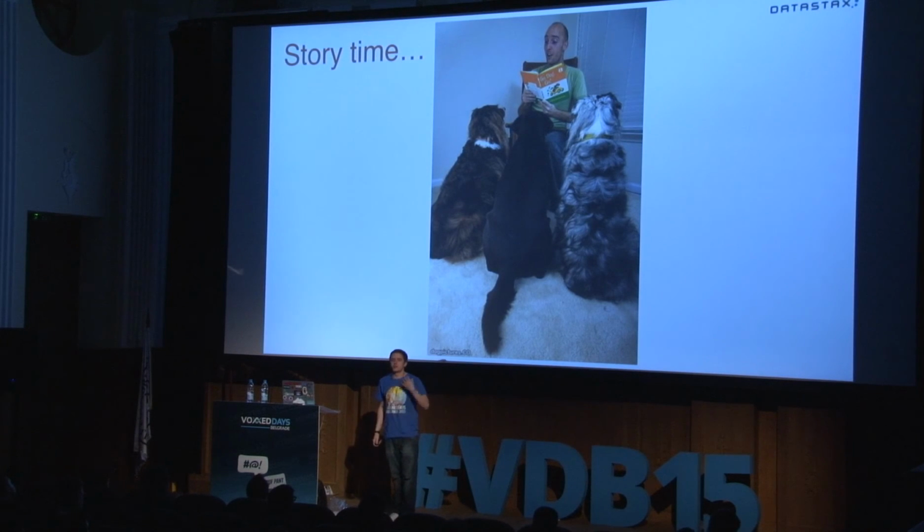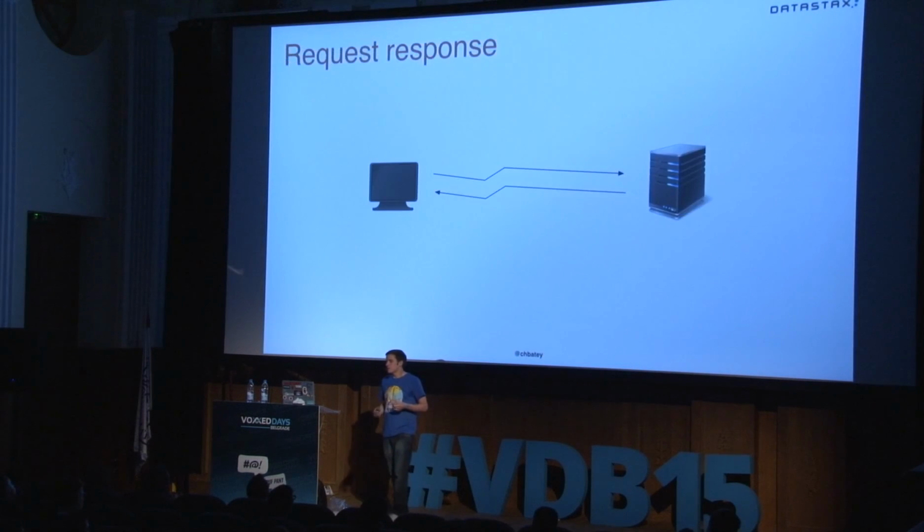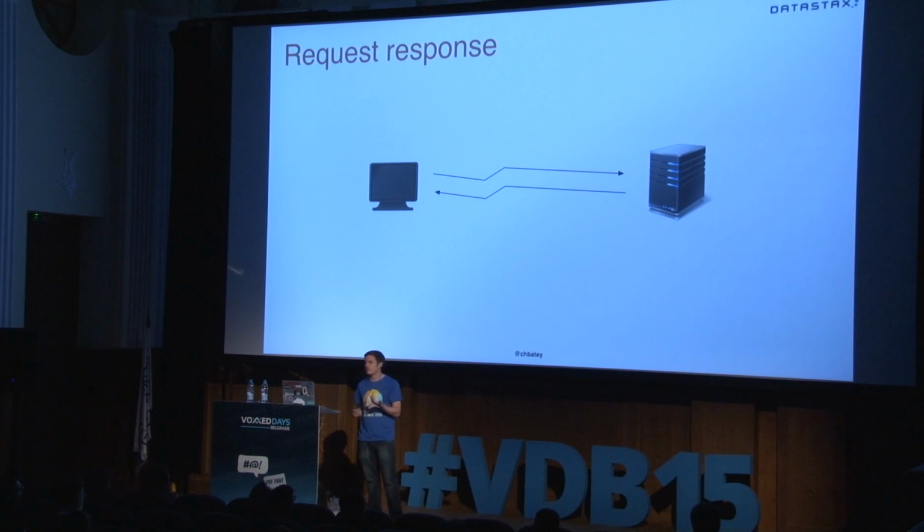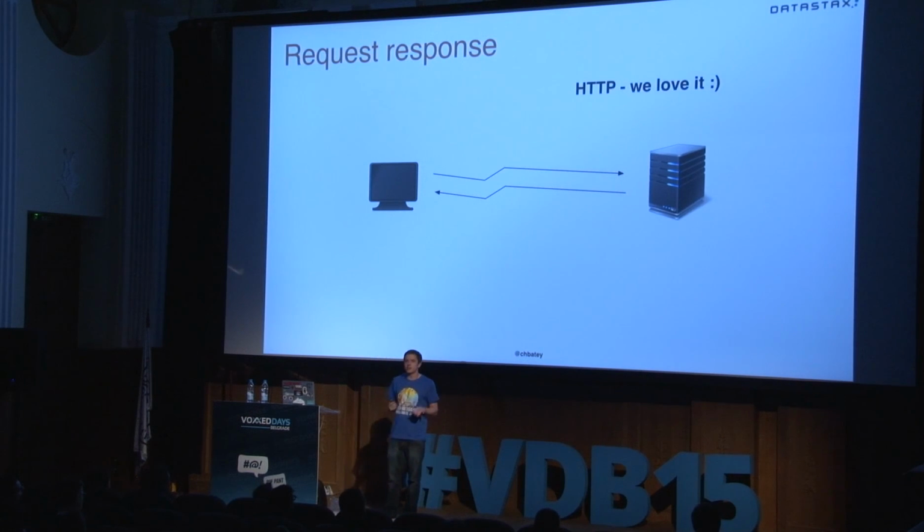But there was a problem with this, and we don't really want to do it. Lots of developers and lots of people I talk to, myself included, love to see the world in request and response, both at an application level, so an HTTP request, and at a programming level, so say a method invocation. So we're used to this. It's how HTTP is built. Before we got Keep Alive, we even established an entire new TCP connection for every single request. This is fine if you're doing a few hundred transactions a second. We can't do it when we want 40,000 concurrent requests. No one is going to pay for those AWS instances for us.